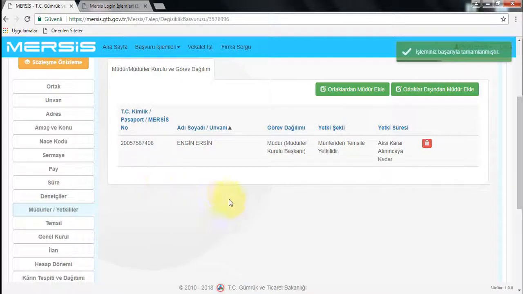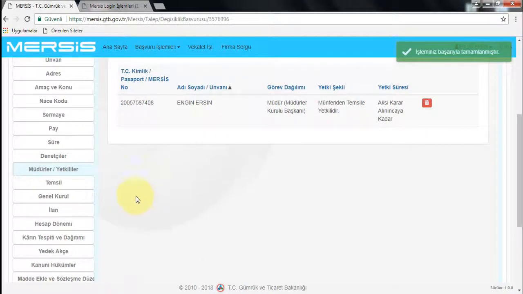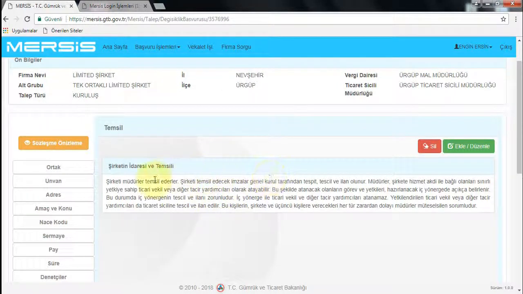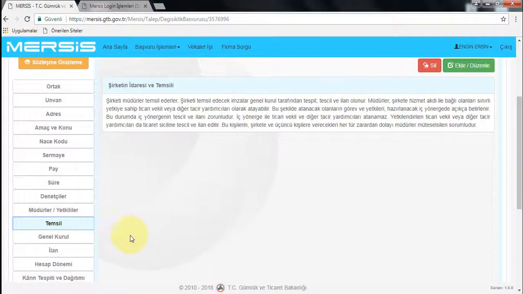The next phase is the Represents phase. Here we have a text prepared as our standard. As we do not foresee a change on it, we pass. In the General Assembly, we see the text which is defined as the standard default and prepared in accordance with the